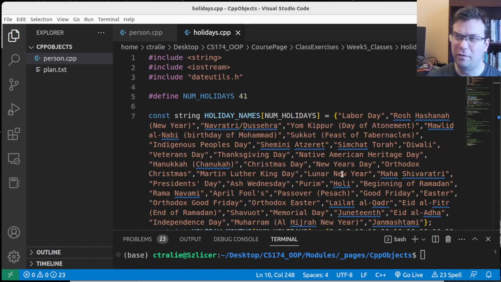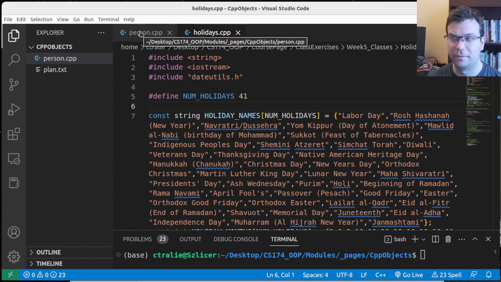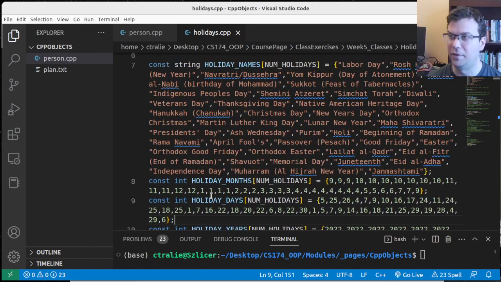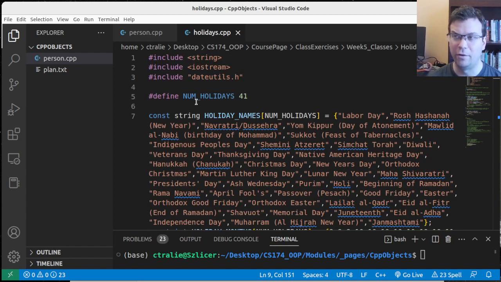And so it would be better if we could somehow encapsulate, that's the key word, encapsulate this information, to put this information inside of a capsule so that we could change it all in one place for a single holiday. And that's really the motivation behind classes. So anytime that we have something a little bit undesirable in our syntax and code that leads to something that's messy, or that leads us to having to type the same thing over and over again with minor variations, so in this case having to index 4 different arrays. Whenever we have these pain points in coding, we try to see if we can come up with more general paradigms to help